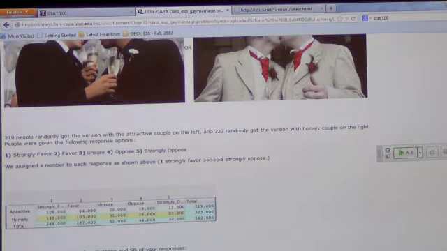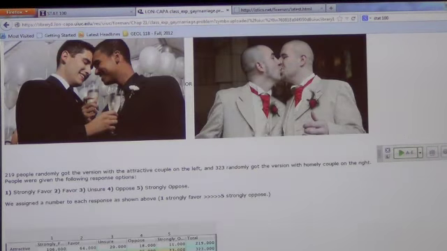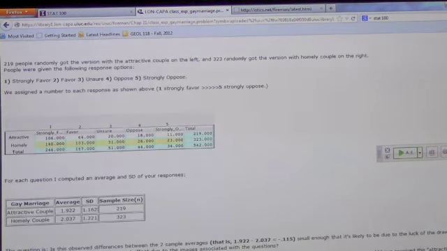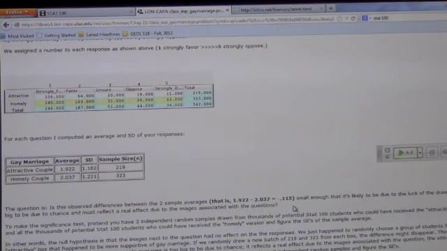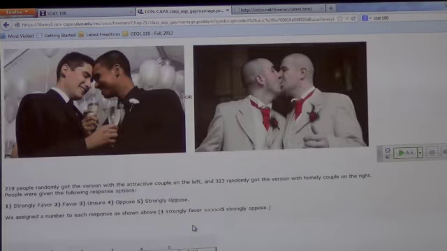So here's your answers again. And again, it went in the direction that I suspected, where I thought that if you got this picture, you'd have a lower number. You'd more strongly favor gay marriage. And I took the average, and certainly it did. And so now you have this difference. And I want to know if that's significant enough, or if you think that it is small enough that it could just be due to luck of the draw.